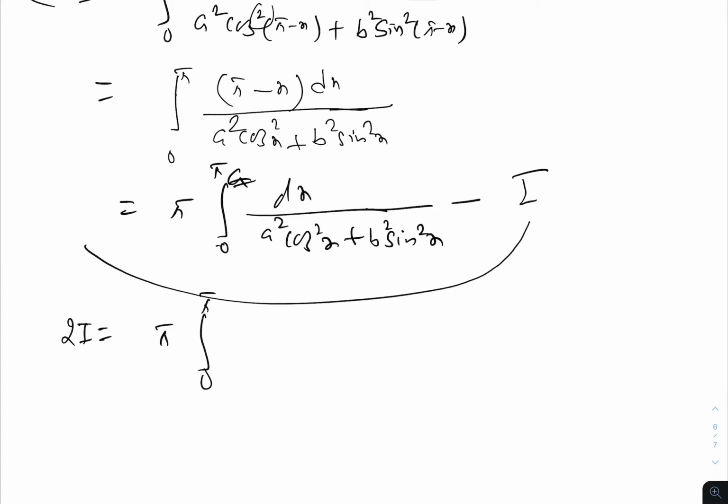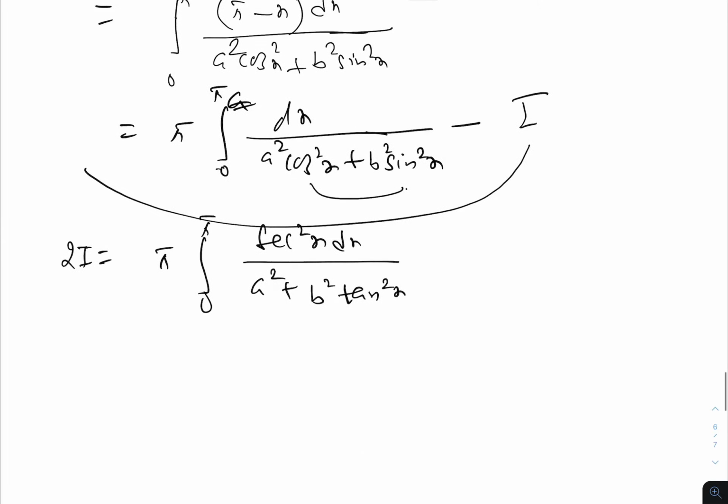Simultaneously we divide by cosine square x, so it is sec square x dx over a square plus b square tan square x, and therefore I is equal to pi by 2,